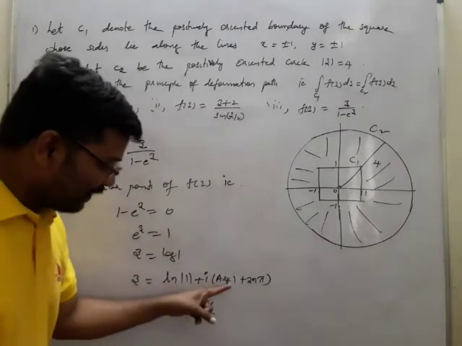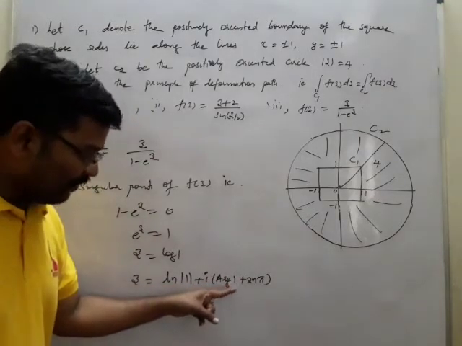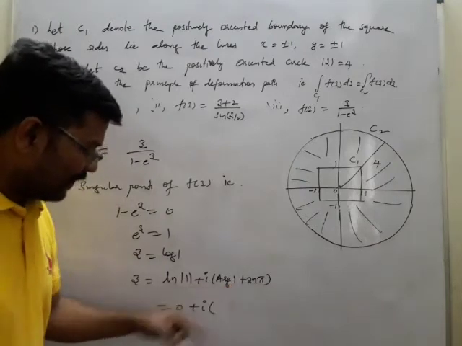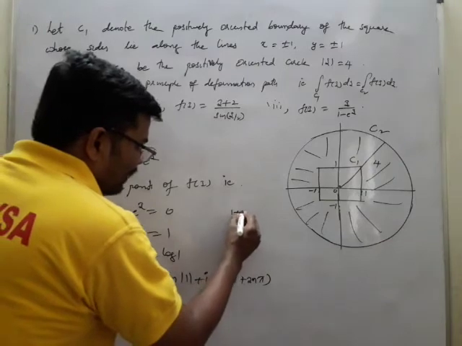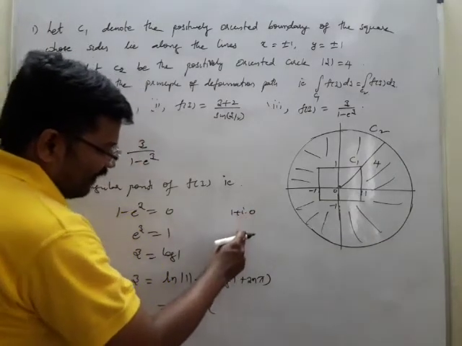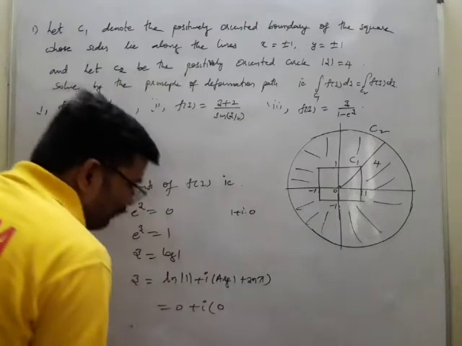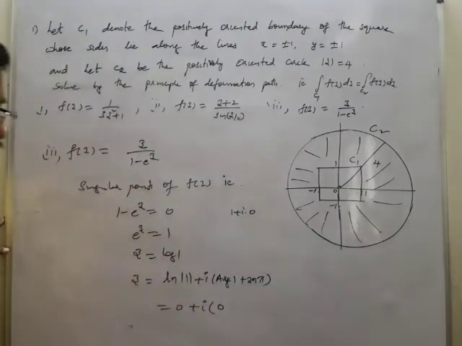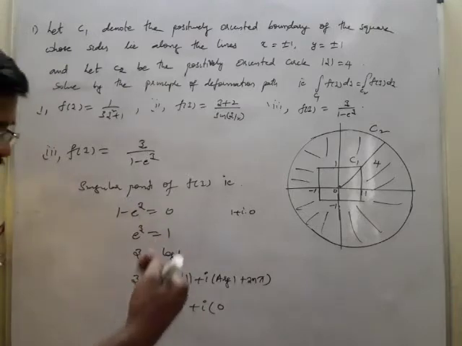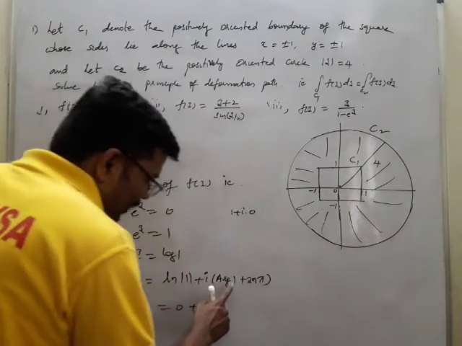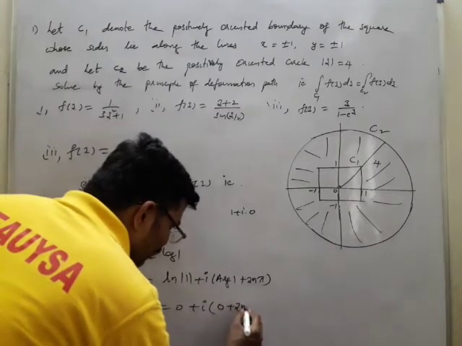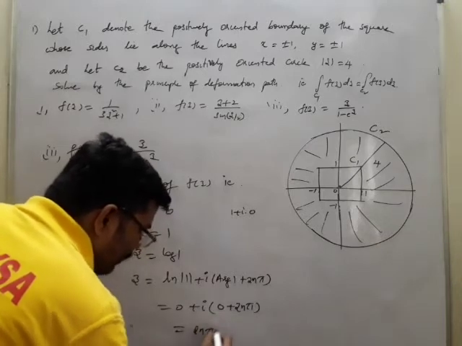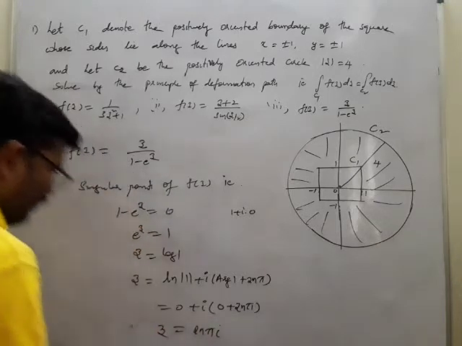The argument of 1 is tan inverse of y by x. Here x is 1, so the number is 1 plus i into 0, and y is 0, so y by x is 0 by 1, which is 0. And tan 0 is sin 0 by cos 0. Sin 0 is 0, cos 0 is 1, so 0 by 1 is 0. Therefore this is 0 plus 2n pi, so we get 2n pi i. So z is equal to 2n pi i.